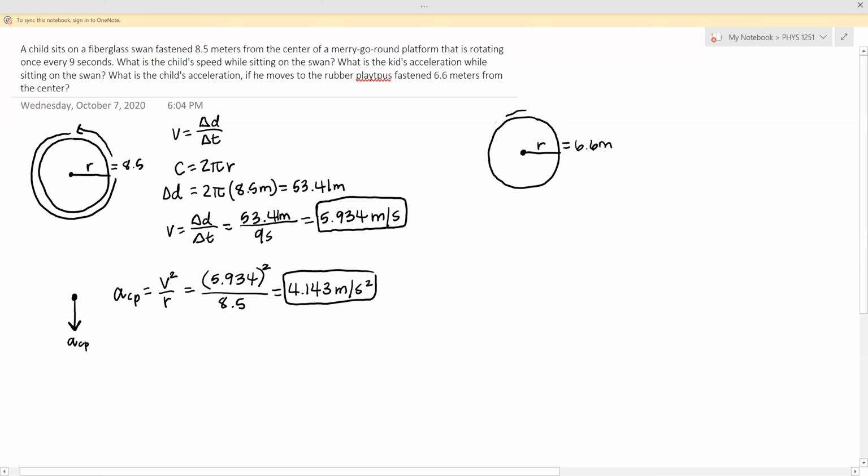So first we need to find the distance traveled in one rotation, which we know is the circumference, which is 2 pi r equal to 2 pi times 6.6. And that gives us